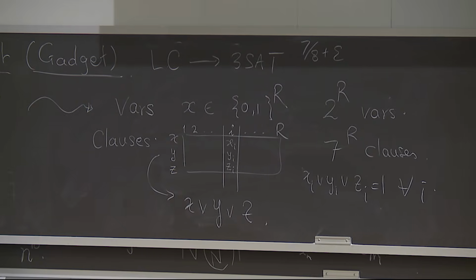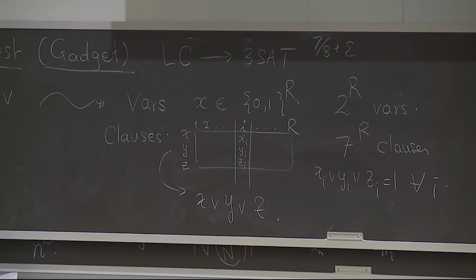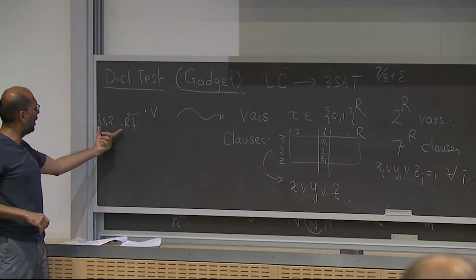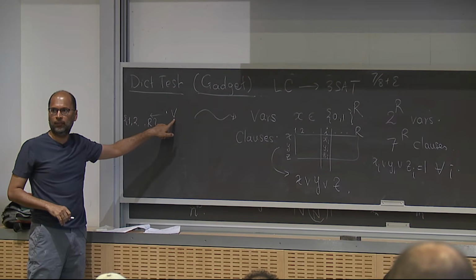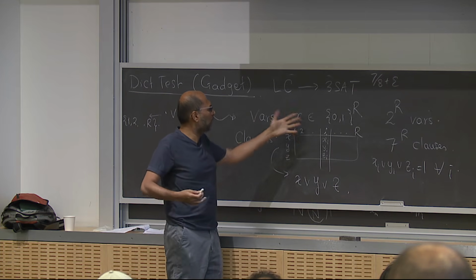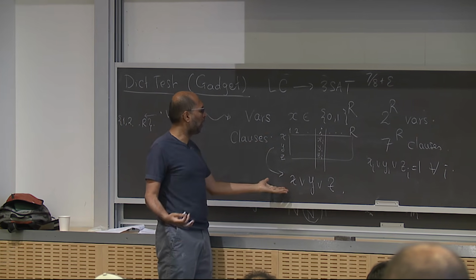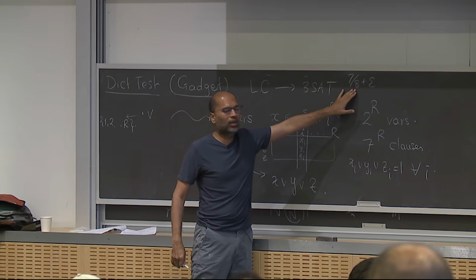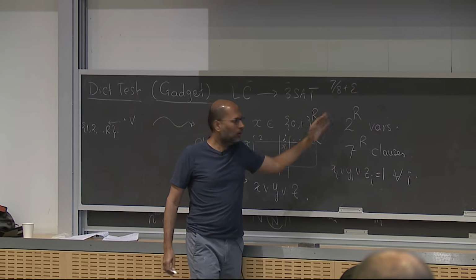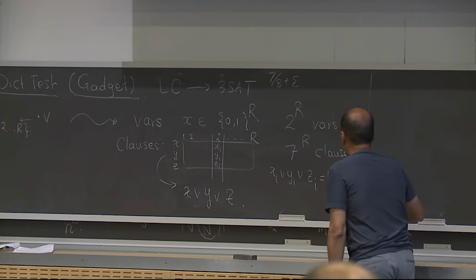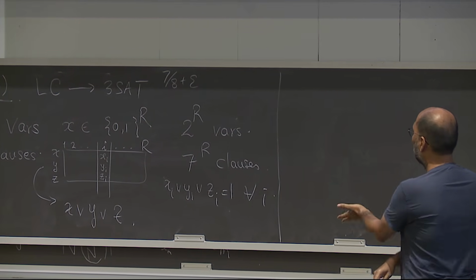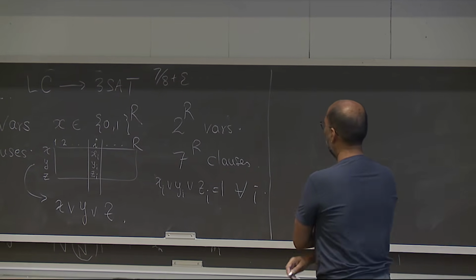And now, as ought to be the case with reductions, your intention to assign a label from 1 through R to this vertex V somehow has to translate into assignments to these variables which either satisfy all clauses or satisfy only 7/8, right? Makes sense? So now it's actually a matter of analysis, Boolean function analysis, as will become immediately clear.